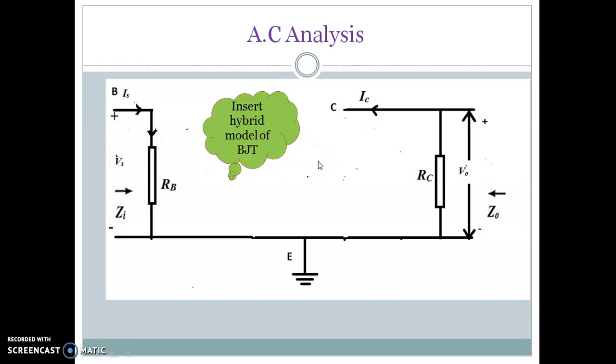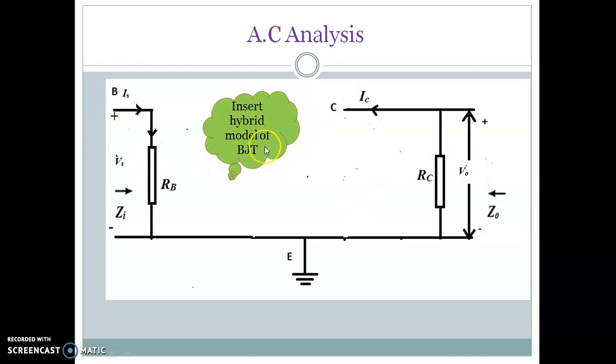I prefer the hybrid model because your device data sheets will provide your hybrid model characteristics, but in your syllabus it is only the hybrid pi model which we have to discuss. So that we will do in the later sessions. First, as an example or as a practice, we'll take up the hybrid model. You learn how to do the analysis, then you can keep on continuing with the other biasing methods.